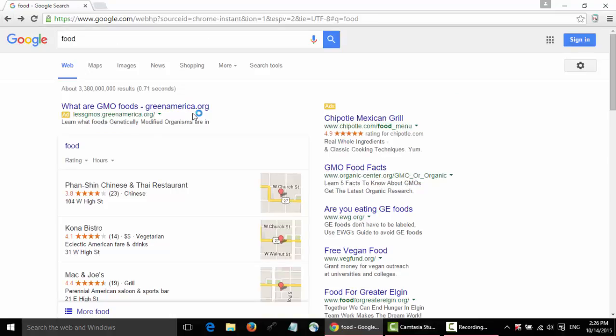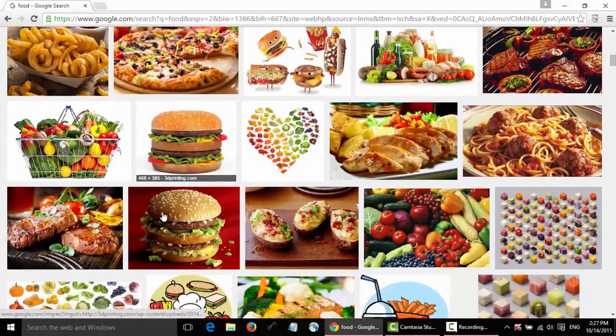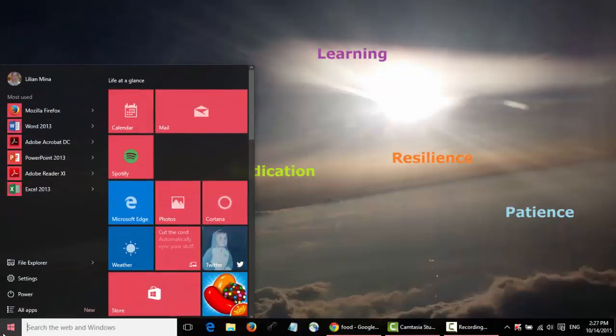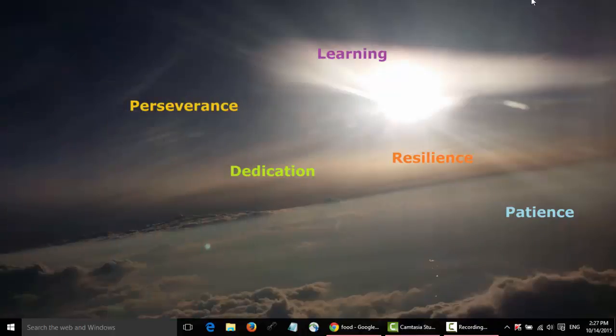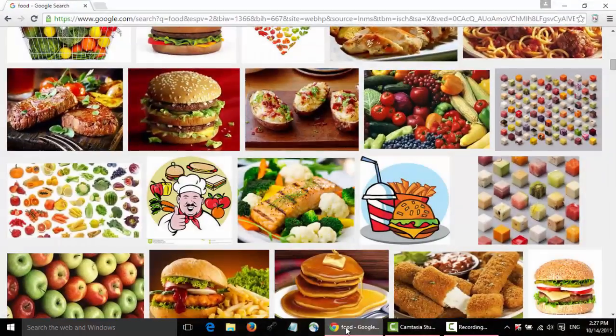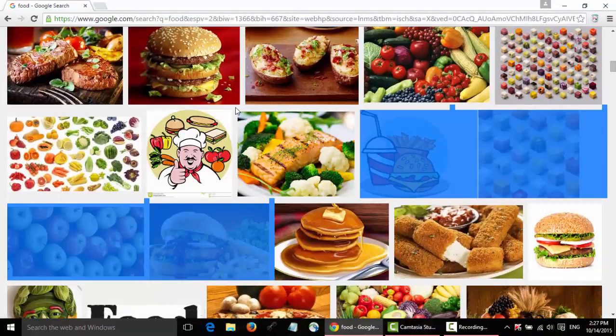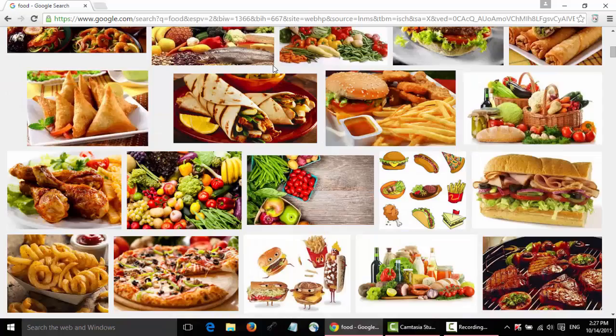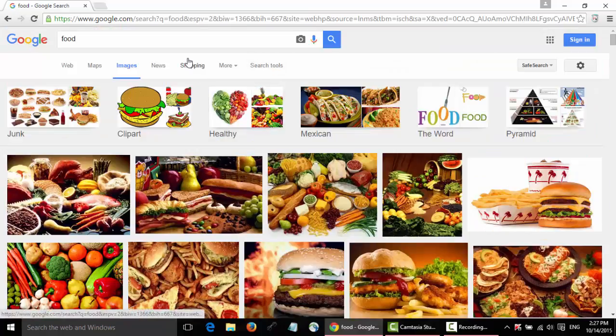And we can search images, a lot of food. This much information can support my essay. It's so convenient to research.